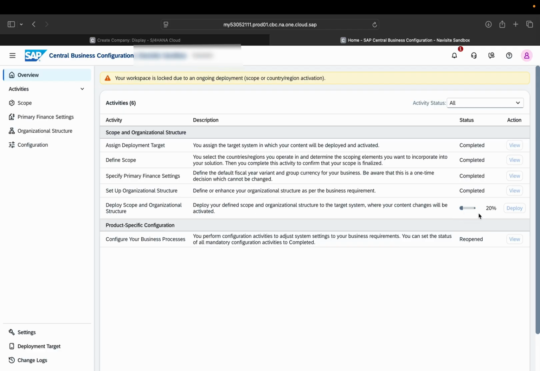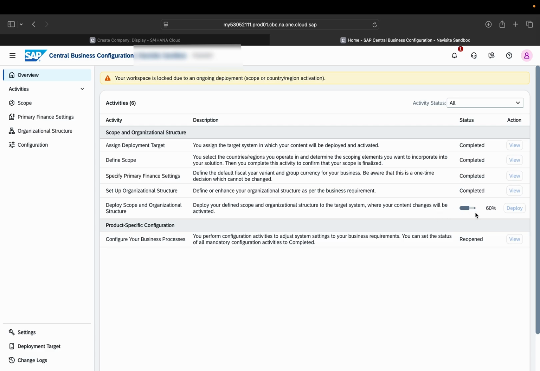Right now it is completed 20% and it will take some more time. Deployment is definitely not something that gets completed immediately or within 10-15 minutes. Sometimes it may take more than the expected time, 2 hours, 3 hours, 4 hours. Right now it has completed 60%. Let's see if it gets completed. Well and good. If not, then we definitely need to wait until this process gets completed.